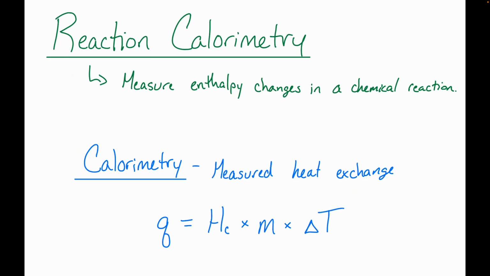How do you measure the enthalpy change of a reaction? You perform your reaction and you measure the change in temperature that's associated with that reaction. These reactions are releasing or absorbing heat, and that's going to change the temperature of the environment that the reaction is taking place in. If we measure that temperature change, we can figure out the amount of energy that was being released by that reaction. So again, we're tying calorimetry into our reaction enthalpy as well.